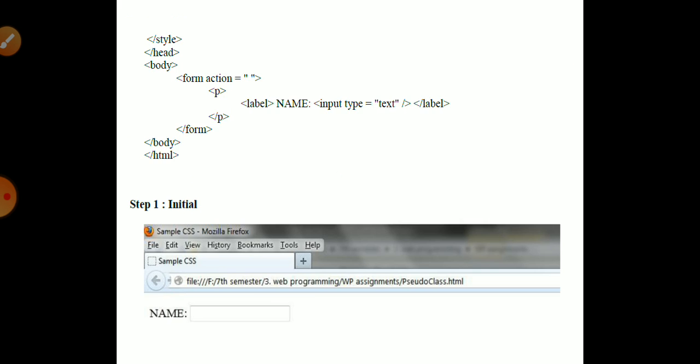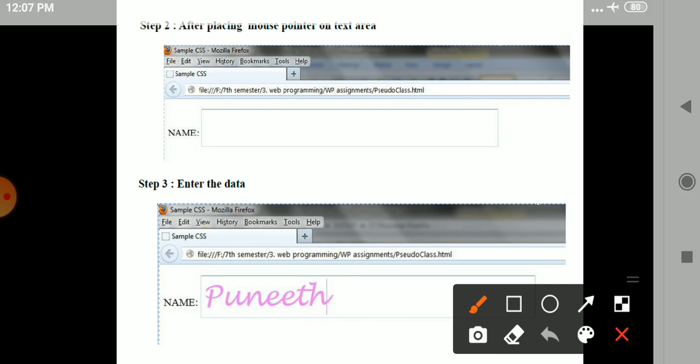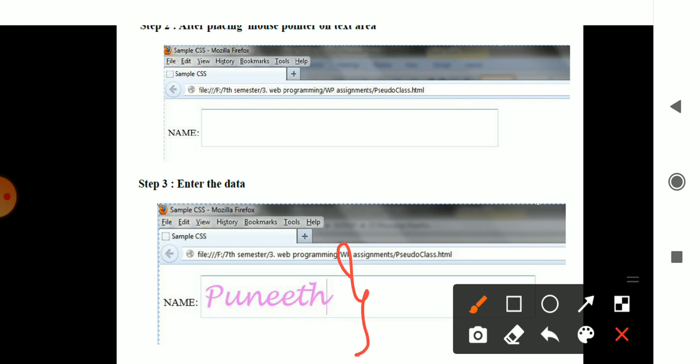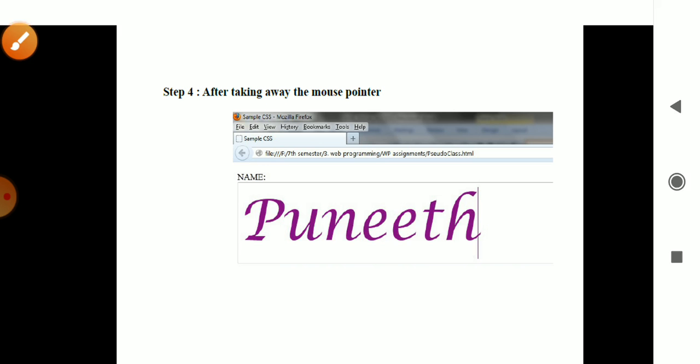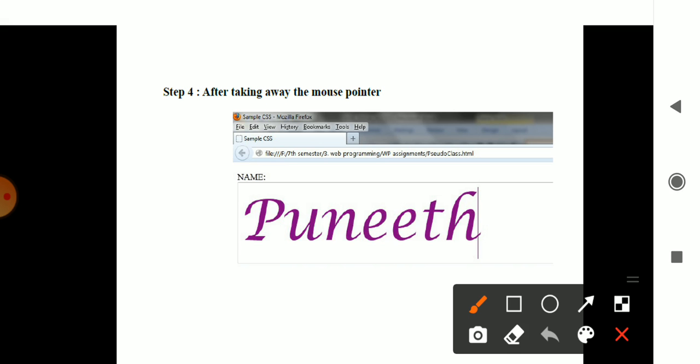Afterwards, in step 4, when the mouse pointer is taken away, which is nothing but hovering, you get an output like this. The font size and everything has changed. In this way, you use focus and hover or other aspects in the concept of pseudo classes. Okay, thank you.